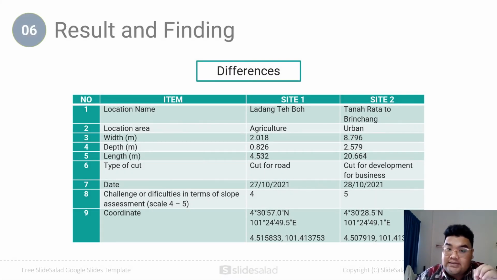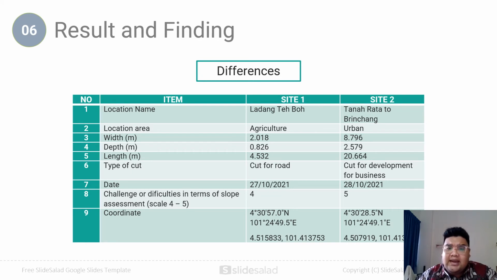What are the differences? You can see the location name, Ladang Tehbo and Tanah Rata to Brinchang. Location area, the first one is agriculture. The second one is urban. The width, you can see 2 meters on site 1, and on site 2, almost 9 meters. In depth, on site 1, just less than 1 meter. On site 2,